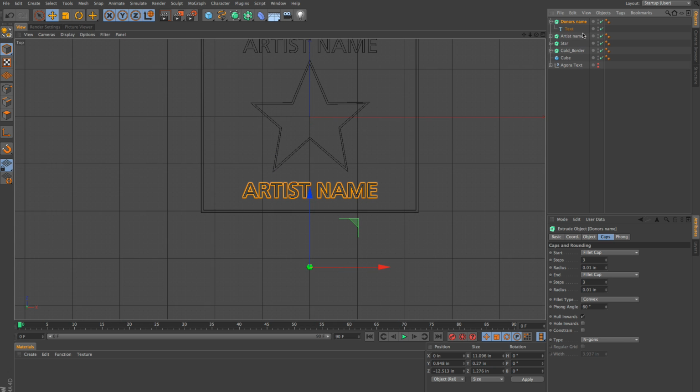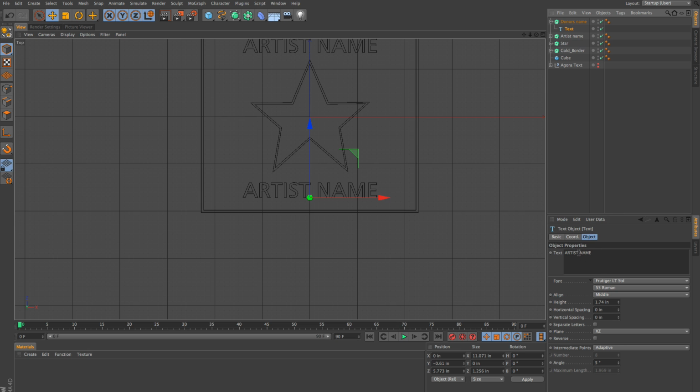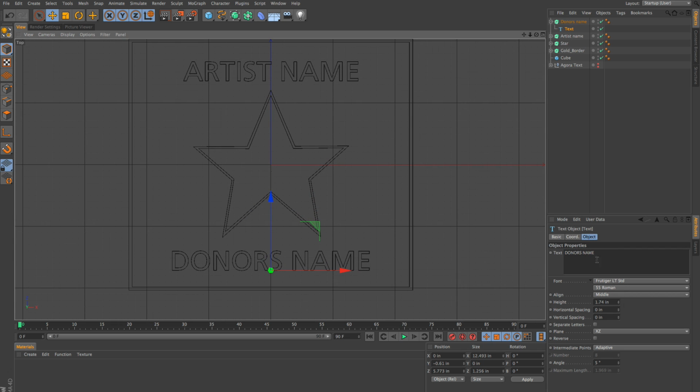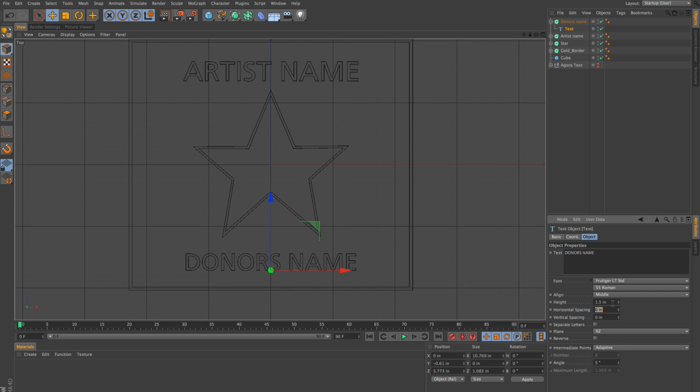Now we're going to unfold this, go into this text object, and type in donor's name down here, hit tab, and we'll probably want to make this a little bit smaller. So let's take this text object and bring it down. Let's say 1. It's way too small. Let's try 1.5,